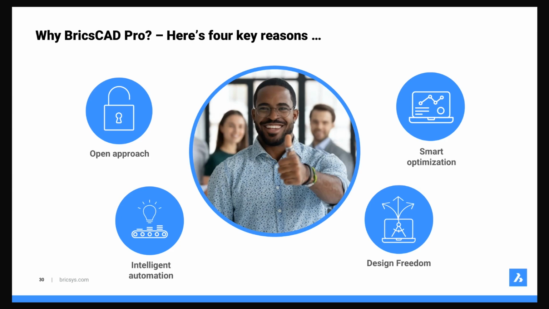And of course, number 4, and finally, BricsCAD Pro features a range of powerful tools to automatically optimize and reuse imported disorganized 2D and 3D data. Okay, we can do all that for you. So it's definitely a great place to be. And I just want to finish off with